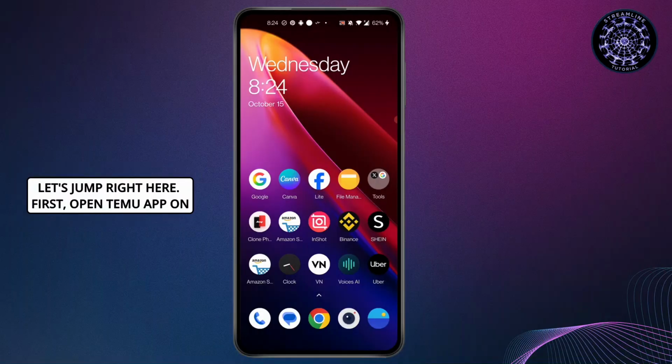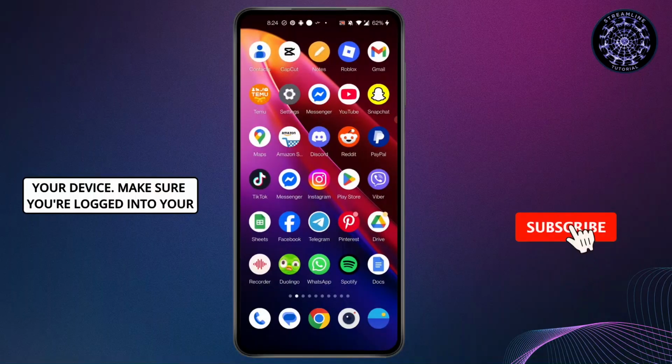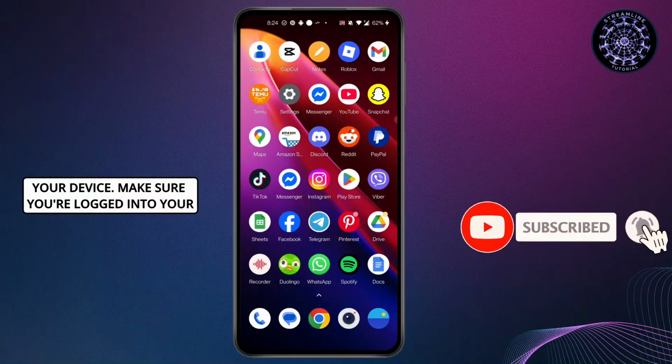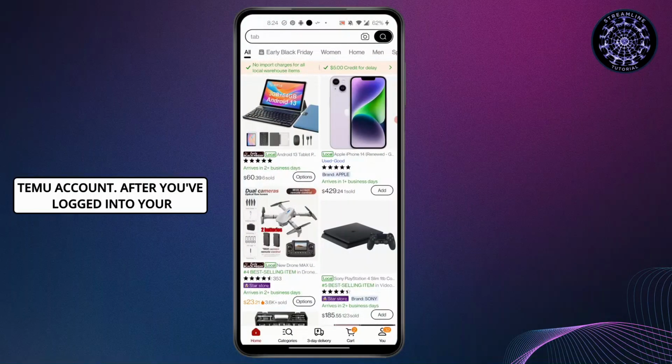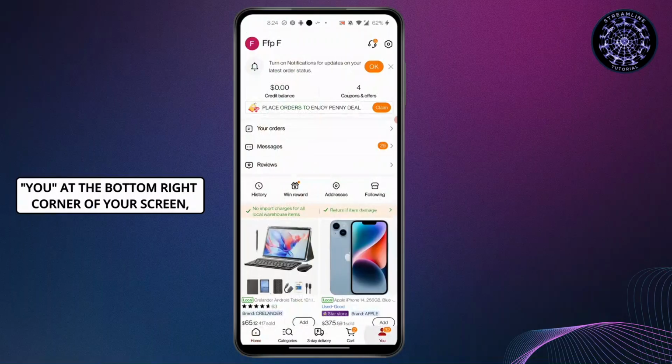Let's jump right in. First, open Temu app on your device. Make sure you're logged into your Temu account. After you've logged into your Temu account, click on You at the bottom right corner of your screen. After you click on You at the bottom right corner of your screen, here you'll find coupons and offers at